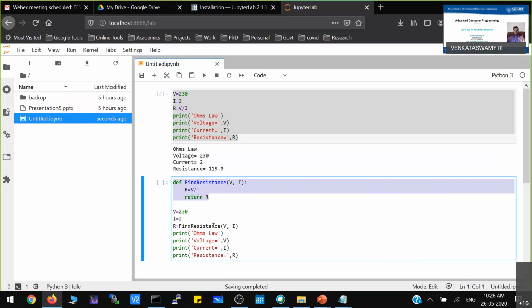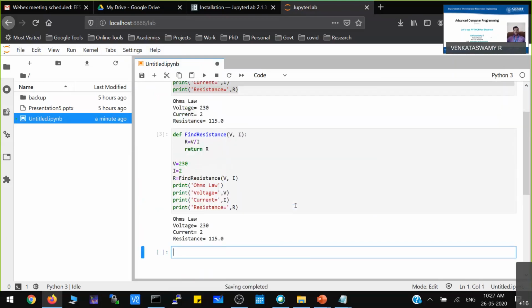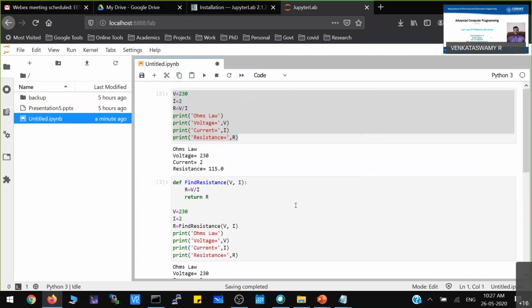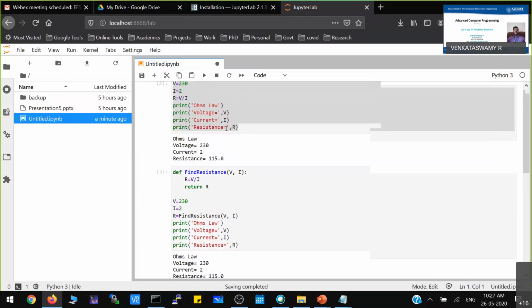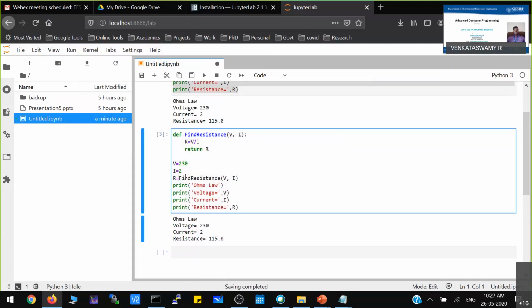So using that library, I can calculate the resistance value, whatever the complexity. When I run this program, the same output it is giving. But compared to your previous program, this program is just calling this particular function. Hope you are following.